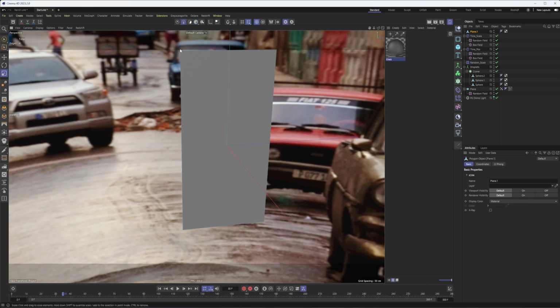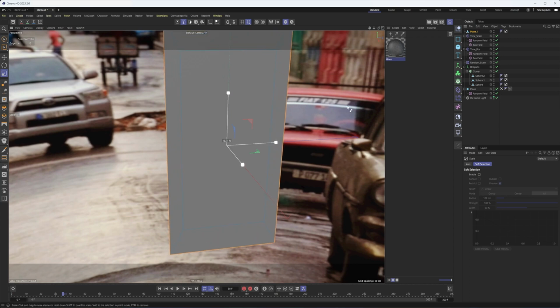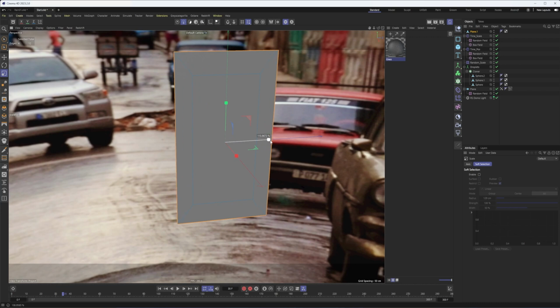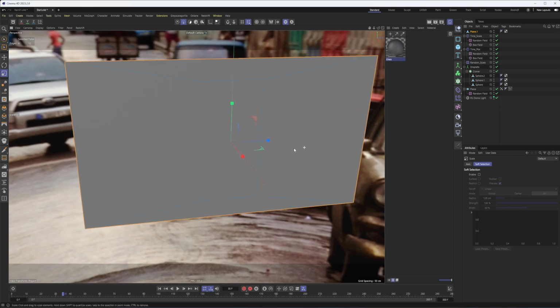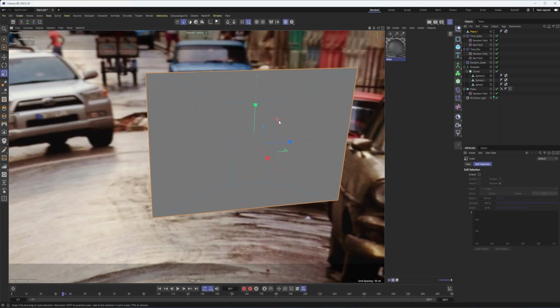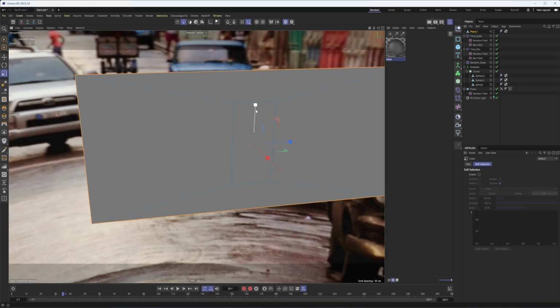I'm going to go into edge mode here. Select all of our edges. I still have soft selection turned on, so I'm going to turn that off. Go into scale mode because I can hold down Control and scale out those edges, and that will give me kind of the opening for my window. So I can scale that way, perhaps this way, to create kind of my room that I had.